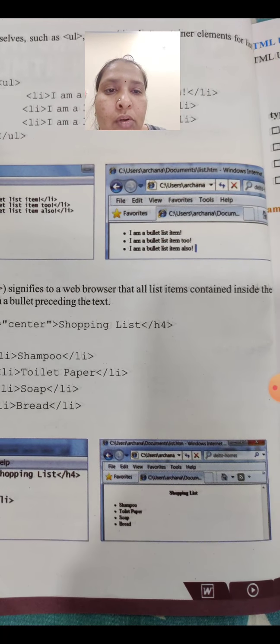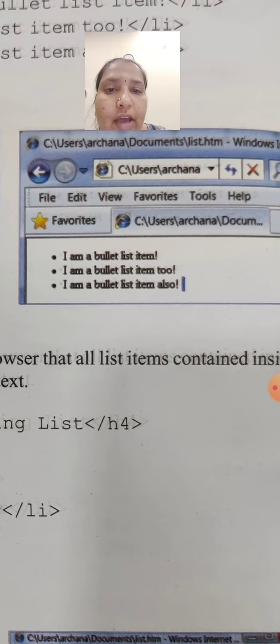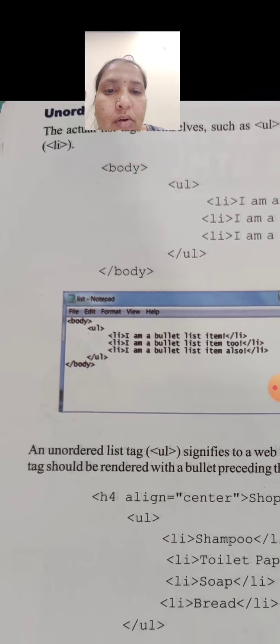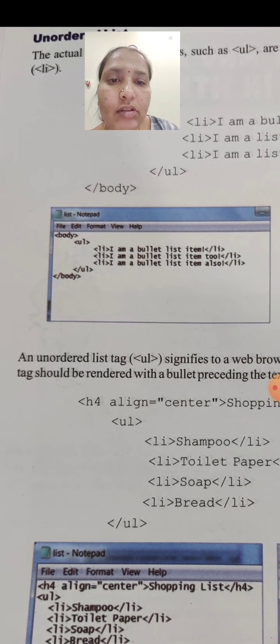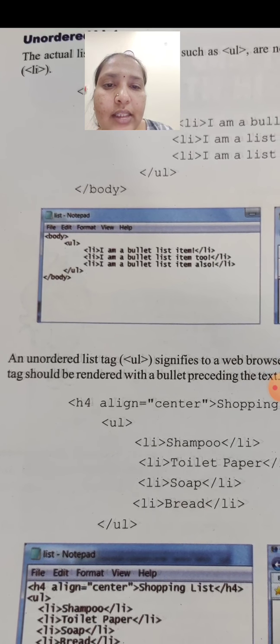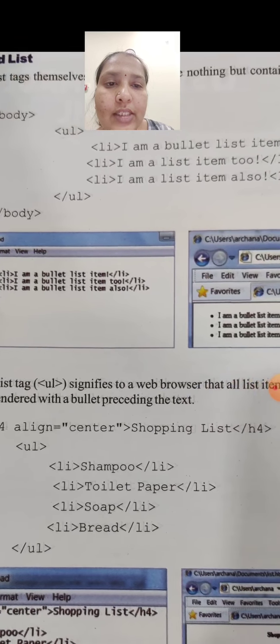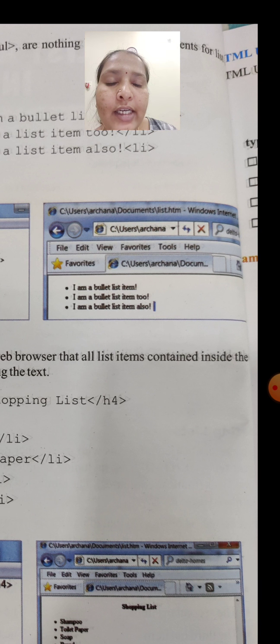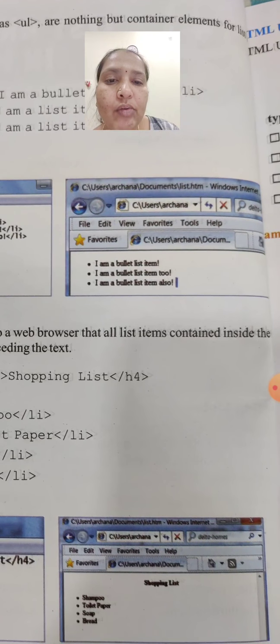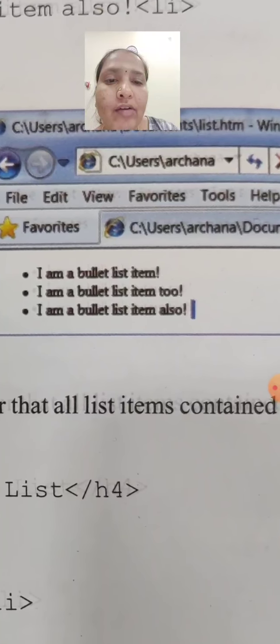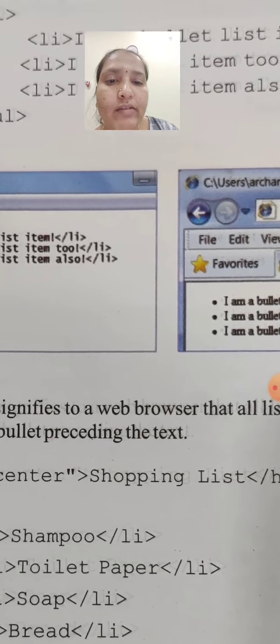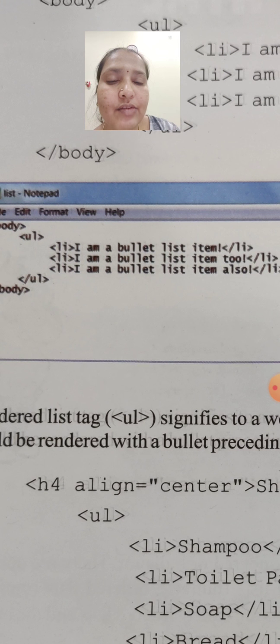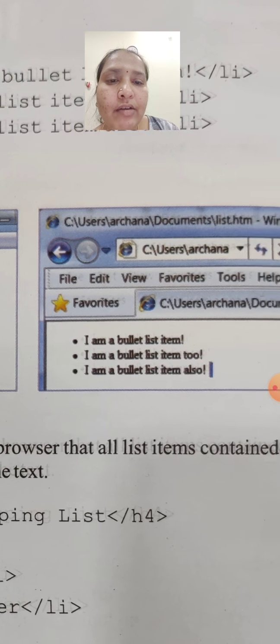Okay, first we have to write all the tags for HTML in a notepad, right? So in the notepad they have written all these things. Then once they have written, they have given a link to the web page. Whatever sentences are written in notepad will come in the web page.